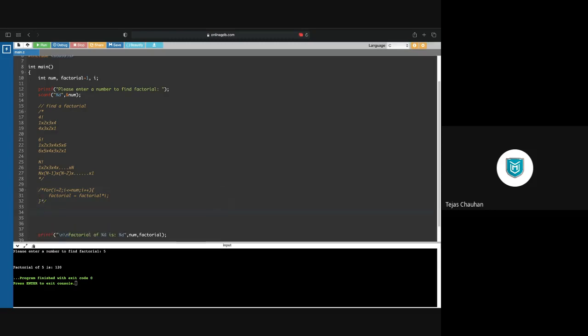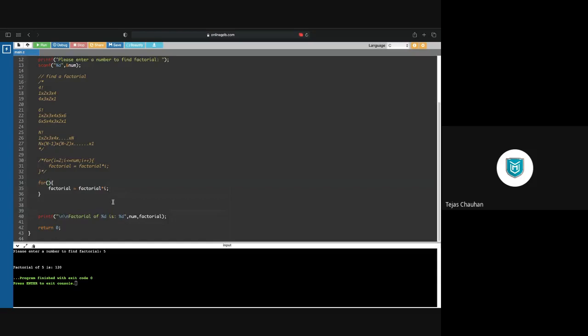So we can have a for loop here, and the same logic, factorial equals to factorial multiply by I. But now what will I be here? We want to go for backward loop. From the given number, we have to start and go down to 1. So at this place, I'm going to initialize my I with given number num. And every time what will I do?